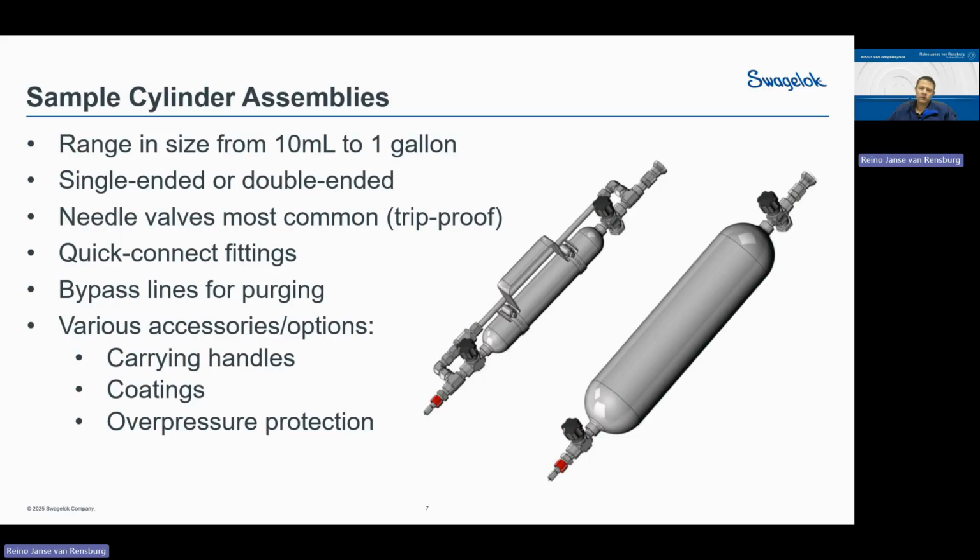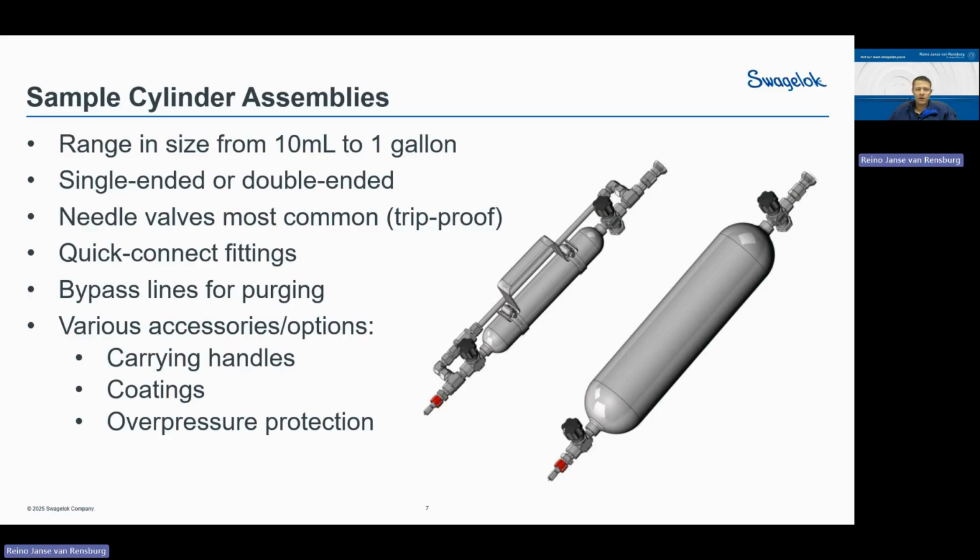Then another common thing we see on the sample cylinder assemblies is quick connect fittings, just because it's an easier way to connect them to your panel where you're going to take the sample, so they clip in. We also use the quick connects to make sure the sample cylinder stays in the orientation we want. You will see when we look at the outage tube in the next slide why it's important to have quick connects and to make sure that orientation doesn't change. Because if you have that sample cylinder upside down, your outage tube does not work anymore, so it will fill the entire cylinder rather than giving you a little bit of vapor space.